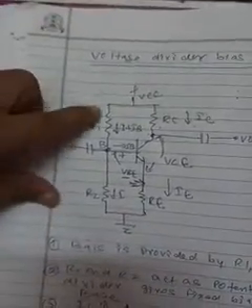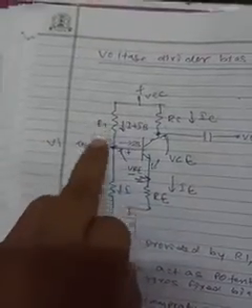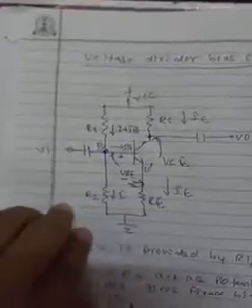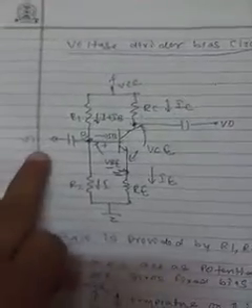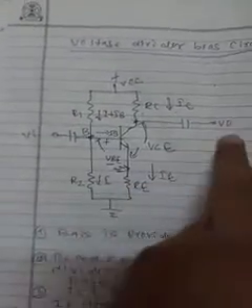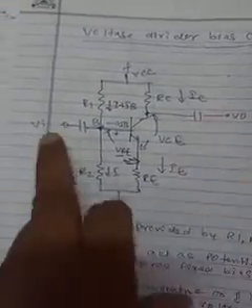The voltage divider bias circuit, here you can see this one. Here we have R1, R2, RC, RE. We have four resistors: 1, 2, 3, 4. Okay, it is called a voltage divider because the potential between these two is divided between the collector and base by using R1 and R2. Here you can see this is VI, the input voltage, and this is the output voltage, with two capacitors here and here.